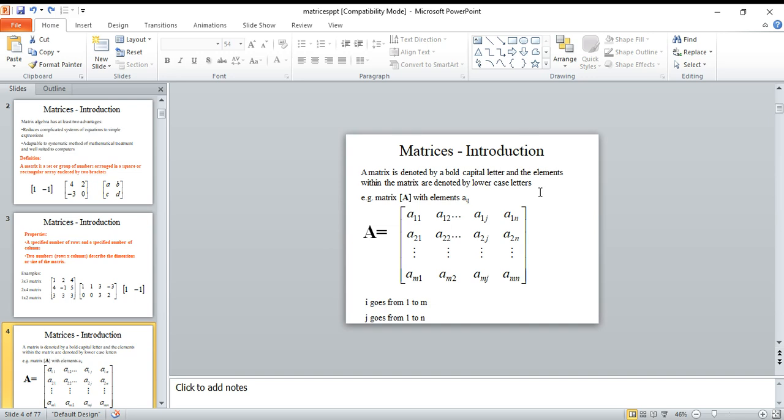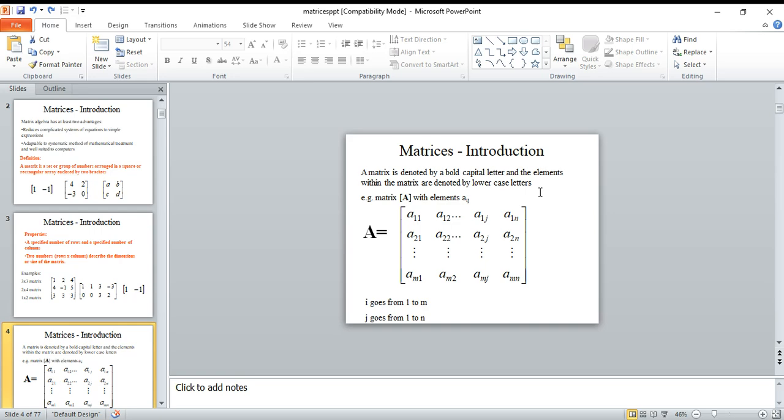Let's see the second row. In the second row, a21. The 21 expresses the row and column: 2 means second row and 1 is first column. Next element a22 expresses that the element's place is second row and second column. And a2j expresses that this element is placed in the second row and jth column, and a2n means second row and nth column.